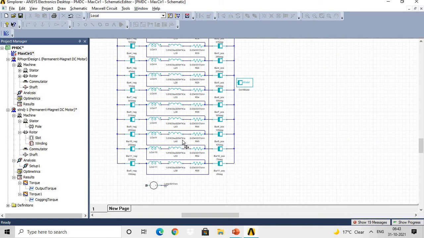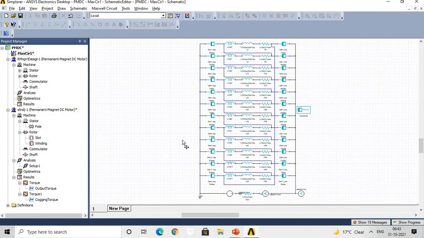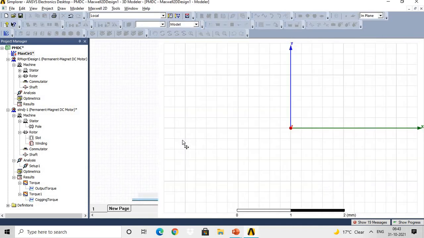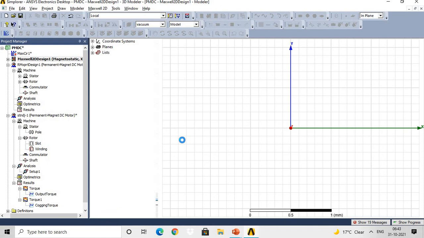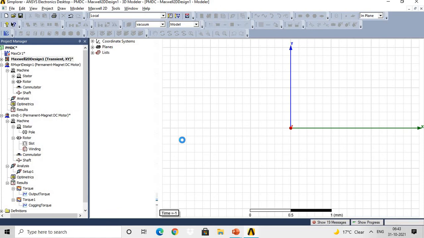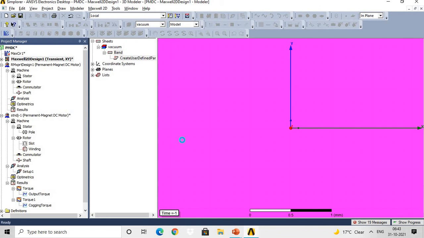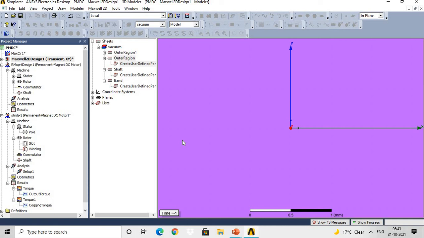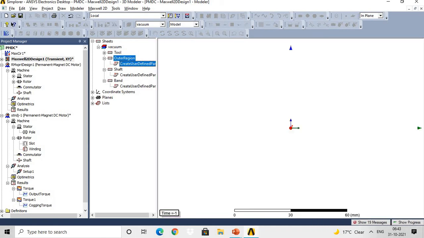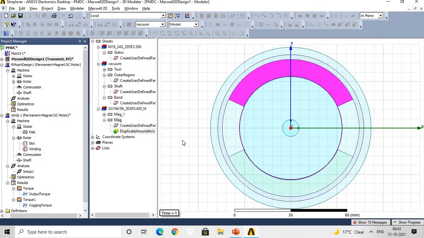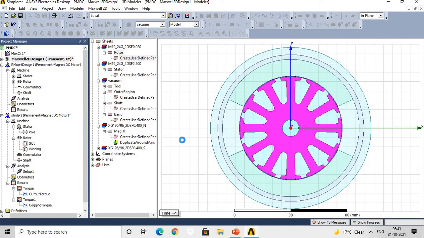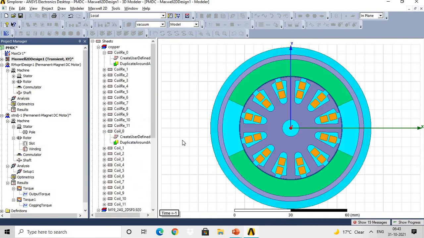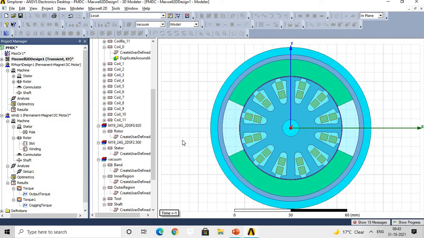But to check the performance of the Maxwell 2D model, or to analyze it, you need to provide the excitations. As I have already informed in this video, I have created a separate video on how to convert the RMExpert design into the Maxwell 2D model and Maxwell 3D model. You can go through that so that you will get the idea of how to check the performance of the Maxwell 2D model by using the ANSYS Maxwell RMExpert tool. So right now we are converting the RMExpert model into the Maxwell 2D model.